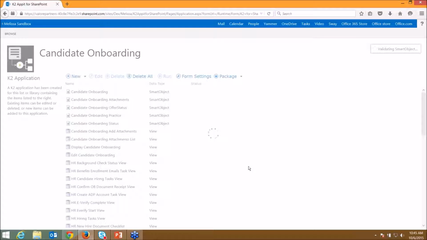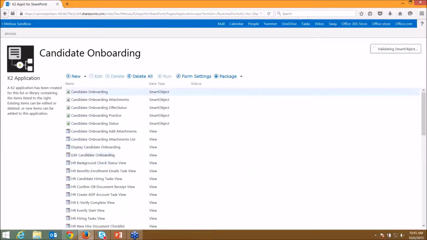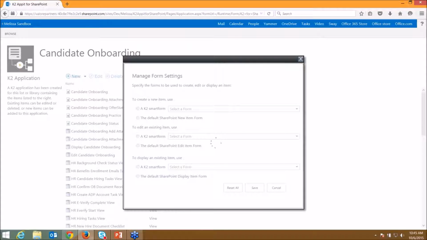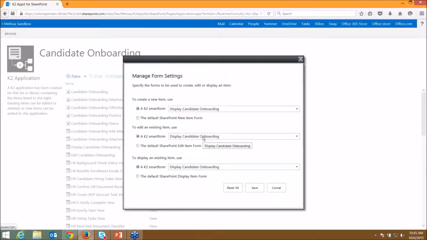And where we use this is very similar to the way that we use the out-of-the-box forms from SharePoint. So if I click on Form Settings, I can attach my display form, my edit form, and my create form to my K2 Smart Forms versus using the default out-of-the-box SharePoint form. So you can see that screen right here. Candidate onboarding, display candidate onboarding,